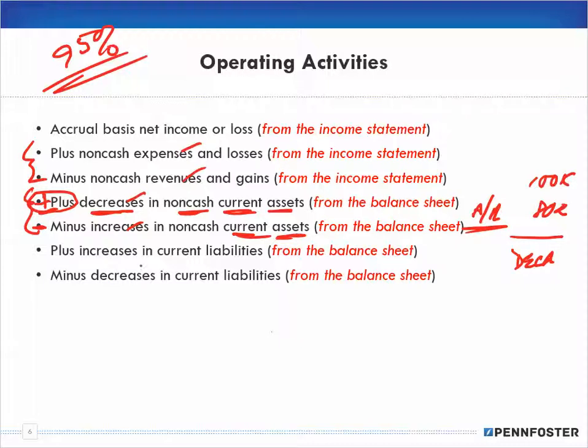And then we have to consider our liabilities, our current liabilities, okay? And again, that comes from the balance sheet, and it's the same thing as our current assets. We have our increases and decreases, whether we're adding or subtracting. So when it comes to the operating activities here,